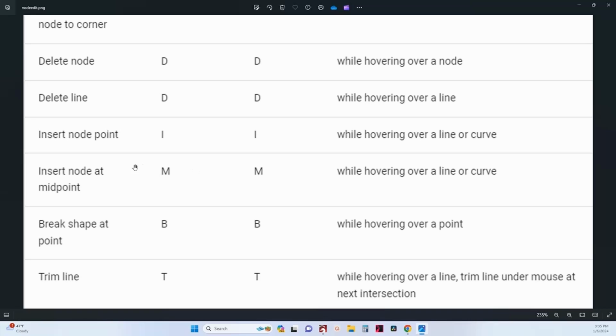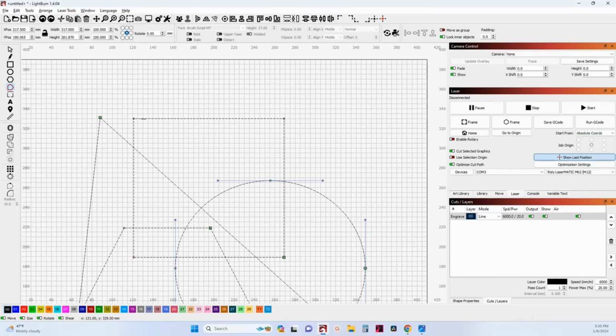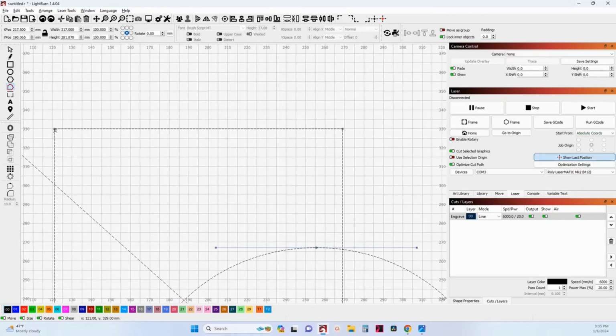insert node at midpoint, M. Now this one is something that I only learned recently, within the last 3 or 4 months, and it's now my best friend when I'm using Node Editor and I'm inserting nodes. This will insert a node at the midpoint of the 2 nodes on either side of it. So if we go back here, and there's a node on that corner and that corner, doesn't matter where you are on that line. If you hover over the line and hit the letter M, it's going to put a node in the midpoint